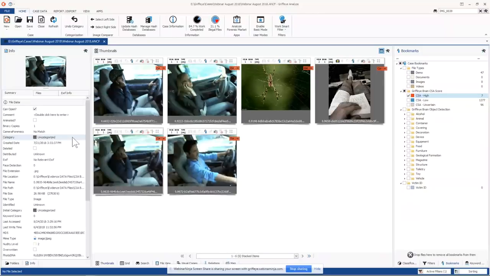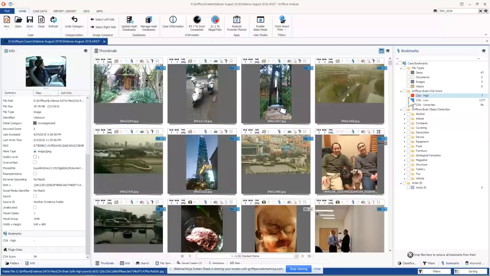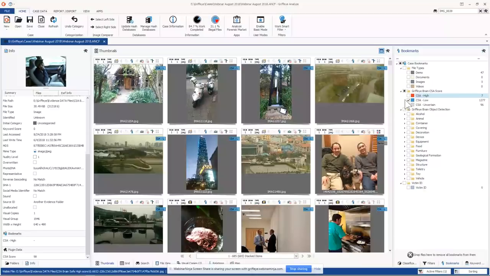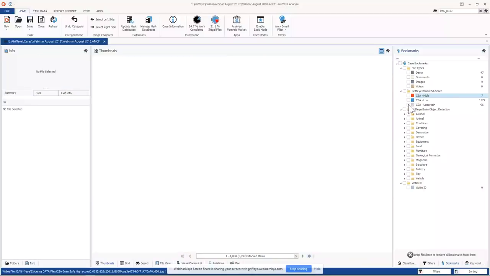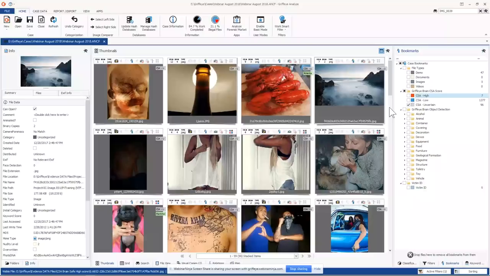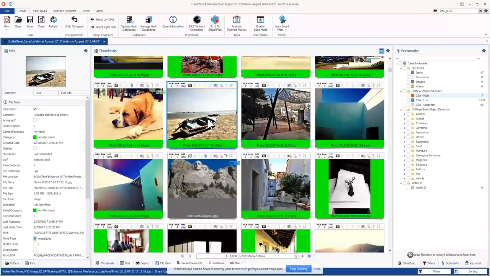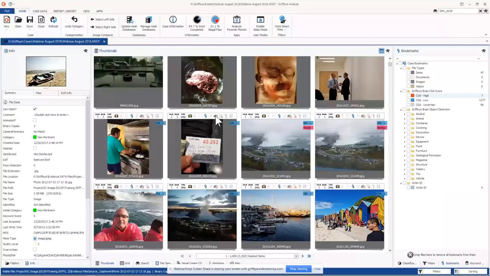And if I select this file and scroll all the way down on my summary, it shows my CSA score is 98. 98, 99, or 100, it's going to be put in the CSA high category for you. Anything that is between 97 and, I believe, a score of 3 is going to put it in the uncertain. And it's just doing this on uncategorized files. Notice that if I clear my filters and I look over here, this file has already been categorized, so the brain didn't look at it. There's no need to waste any time on that. It's only made a determination on uncategorized files.